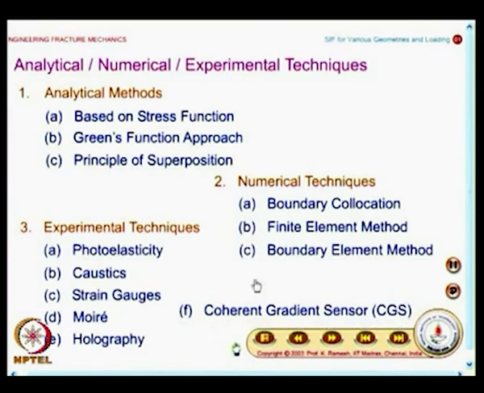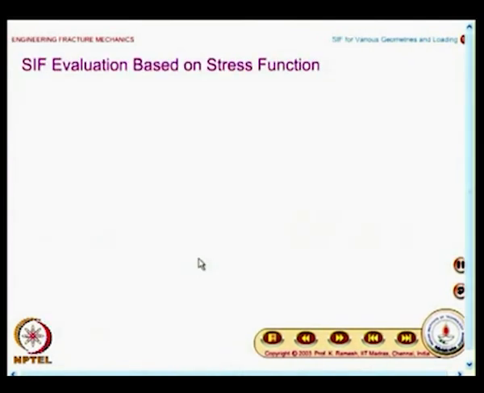This is again developed particularly for fracture problems. And what we would do in this chapter is primarily confine our attention to analytical methods and some results from numerical techniques like boundary collocation and finite element method. If time permits, towards the end of the course we would see how to evaluate the stress intensity factor based on experimental techniques. And we will first take up